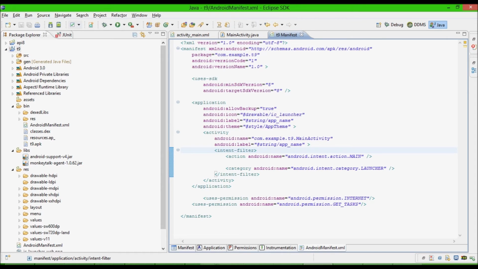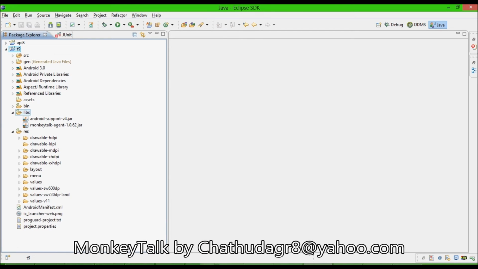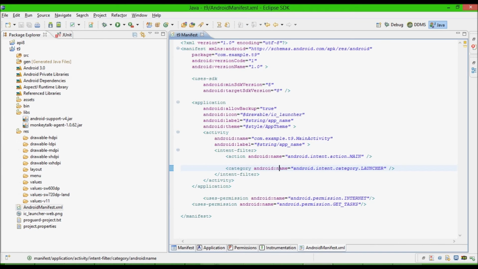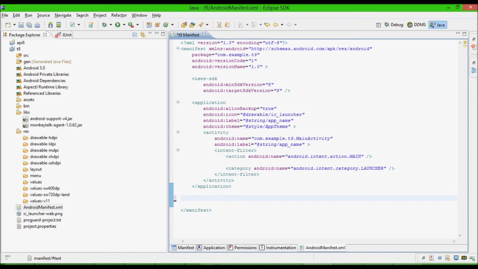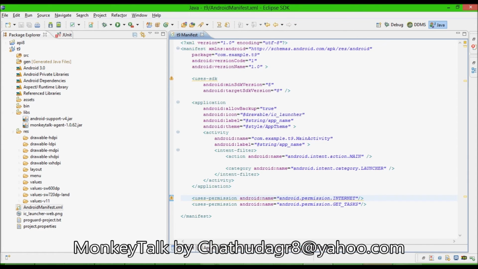So there's another thing you need to do. I will close all these things, and this is my project. You need to navigate to this AndroidManifest.xml file, and the original XML file is something like this. After this application closing, there is nothing there, but what you have to do is simply add these two lines in order to run this on a MonkeyTalk agent, MonkeyTalk test suite. So simply copy and paste these two lines on this XML file and save it, and meantime